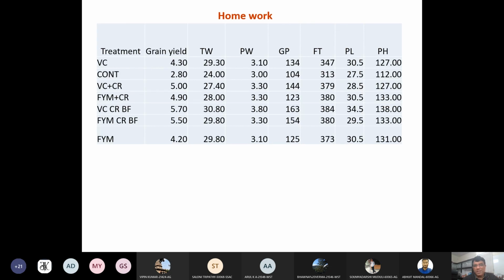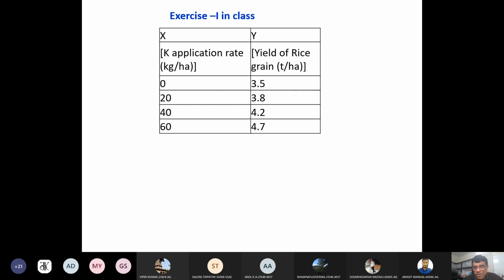So this is how we can use this knowledge. Again, some homework for you. You can try calculating the correlation coefficient. You can also try this for linear fitting, fitting of linear regression. This is an example for fitting the linear regression. You can test whether this particular relationship between X and Y is linear, test it for linearity, and also work out the equation, correlation analysis, A to Z. 5 steps are there. You can follow the 5 steps. You can do it manually and you can also do it in Excel. I'll show you how you can do it in Excel.